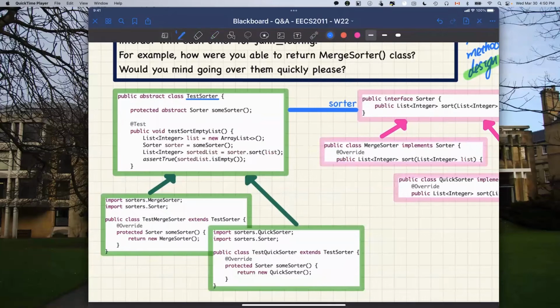Okay, so at runtime, the TestSorter, let's say this particular method over here, is going to be run twice. But how exactly? It is because, notice that this particular TestMergeSorter is not abstract, so we can execute it. Okay, let's say when executing,